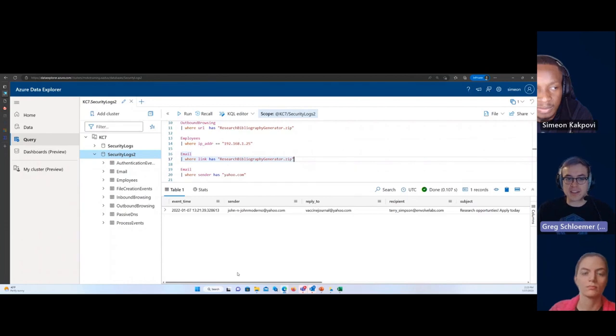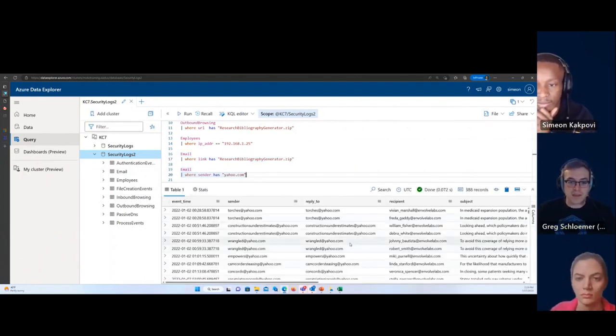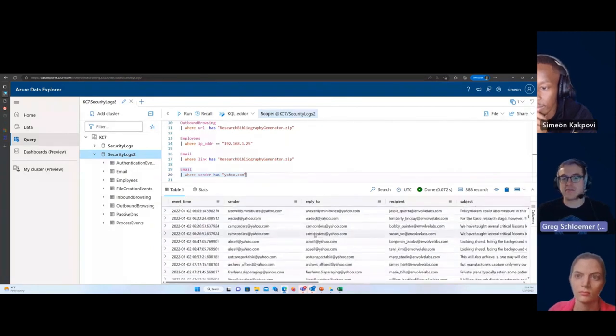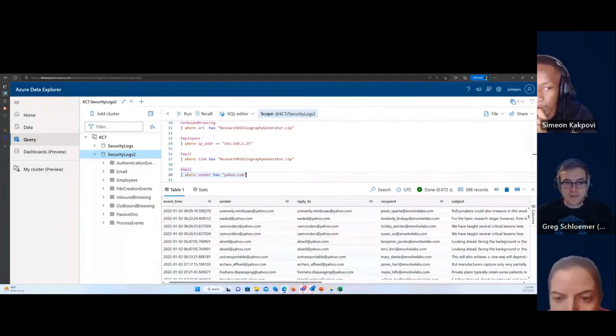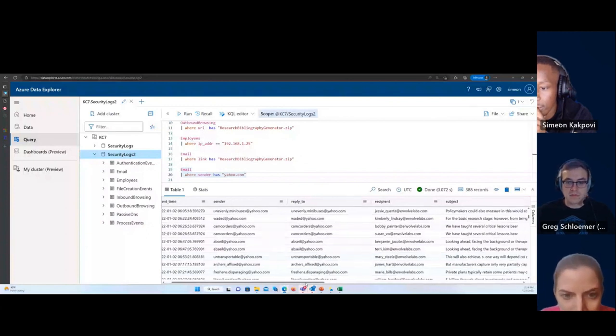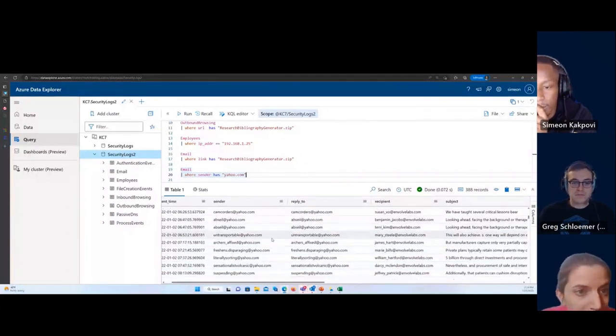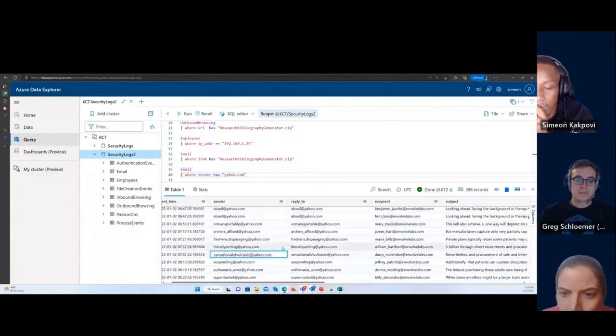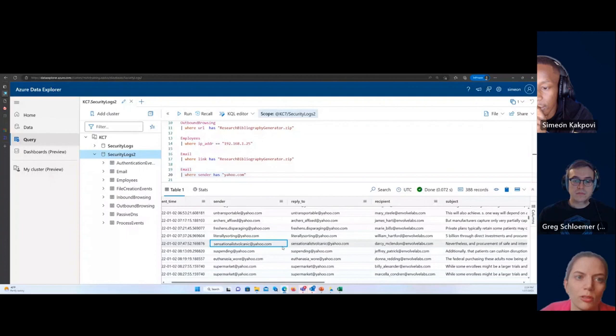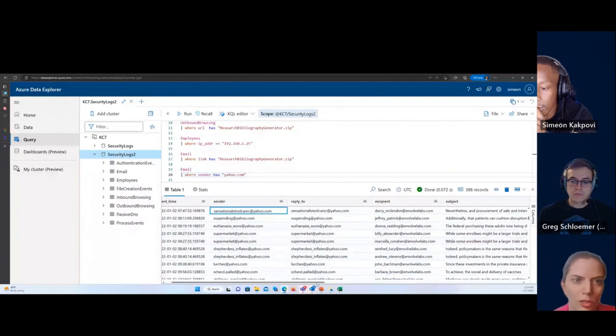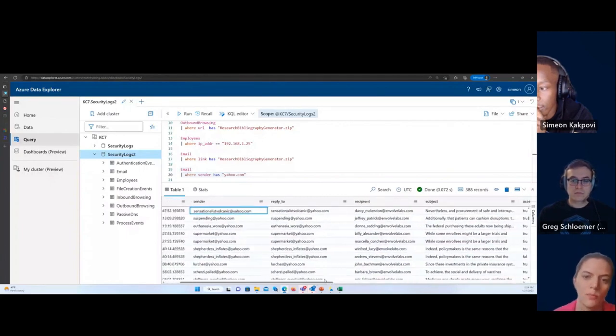So now if we go back and look at the results of the Yahoo sender check, Emily, what do we see here? So much stuff. It's not all related to medical stuff. We see camcorders. We see procurement. We see investments. A lot of stuff that doesn't relate to our theme, our TTPs of our actor.